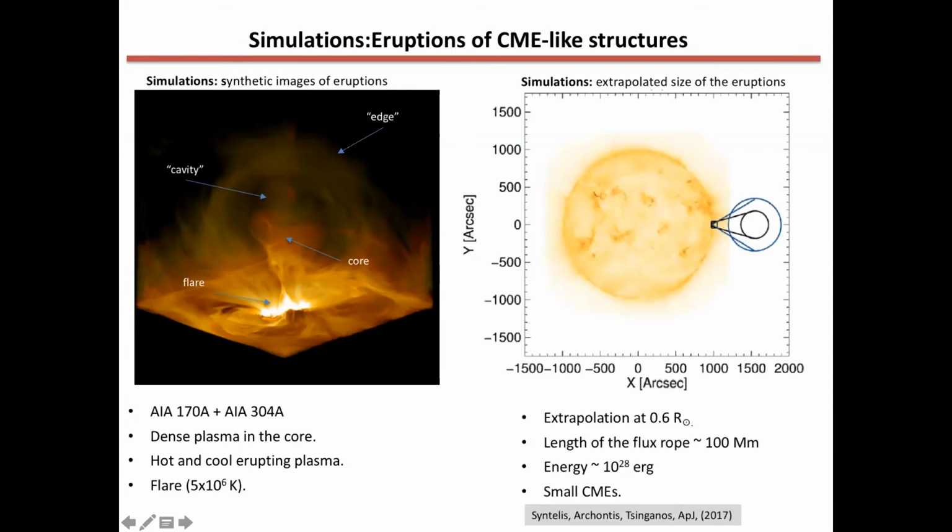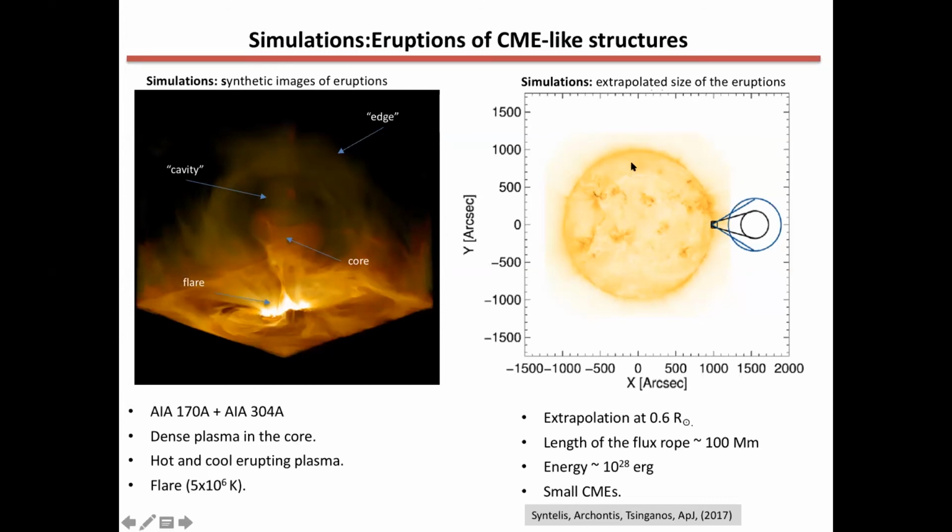An interesting question is whether what you see in the box could be a CME or a small CME. There are two ways to figure it out. One is to have a huge numerical domain, talking about numerical simulations, of hundreds and hundreds of megameters, but in most cases this is not feasible yet. Or you can take what you have and, based on the numbers that you get, make an extrapolation